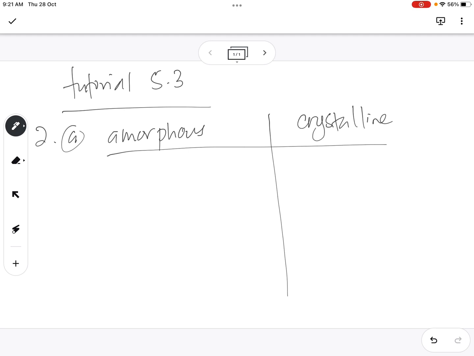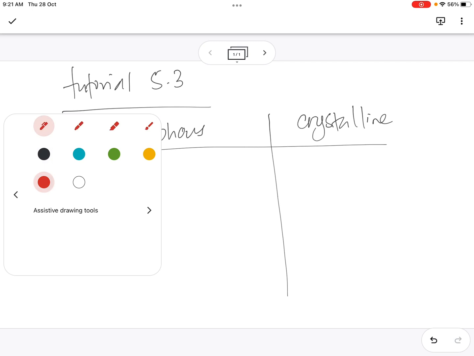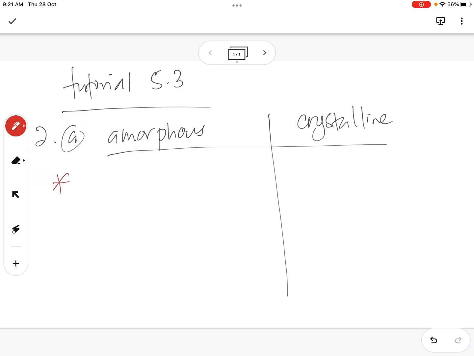So I put here notes. I make a point there. So the answer for this question you find in the notes, slide 122. I just put the keywords to differentiate them. I won't write the whole sentence. So the keyword for the first one, maybe I use a different color pen.